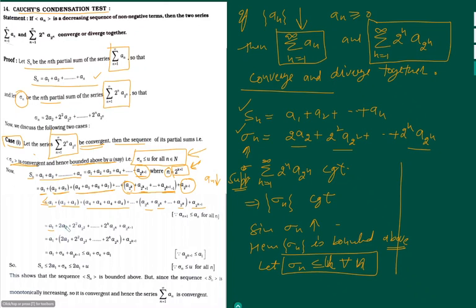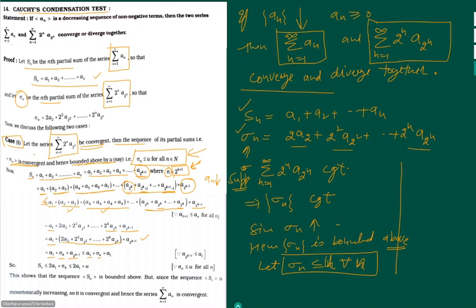So this is a1 plus 2a2 plus 2 raised to the power 2 a4 plus, these will be 2k terms, 2k a2k plus a of 2 raised to the power k plus 1. So this would be a1 plus this plus a of 2 raised to the power k plus 1. All right. And this part is your sigma k. So a1 plus sigma k plus a of 2 raised to the power k plus 1. All right. And